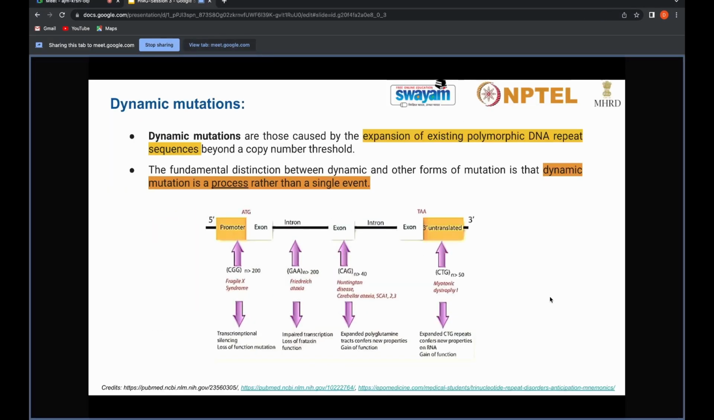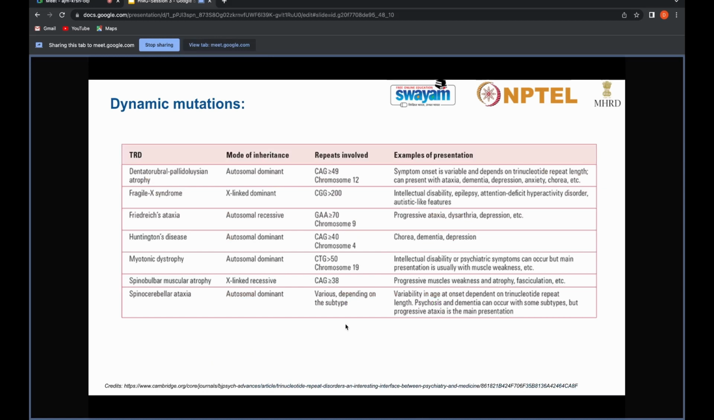So in this way, these are all about the dynamic mutations. Now let's see a few other tables. In this, I have shown you that dynamic mutations can have different inheritance patterns. It can be autosomal dominant, X-linked dominant, autosomal recessive, and X-linked recessive. So these are examples of different disorders. The first one is dentatorubral-pallidoluysian atrophy. This is autosomal dominant, and these are the repeats that are involved,